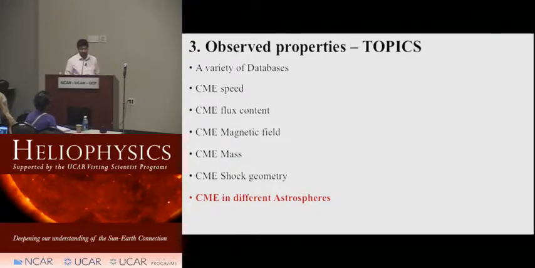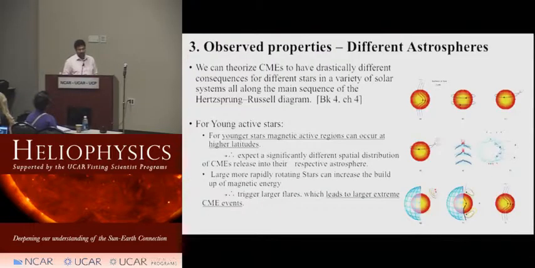I'll finish off quickly on CMEs, but on different astrospheres. And we're kind of alluding to some that we had some talks about earlier in terms of what its effect is on different astrospheres. And so what I wanted to get an idea of is, with these concepts, we can theorize how CMEs can have drastically different consequences